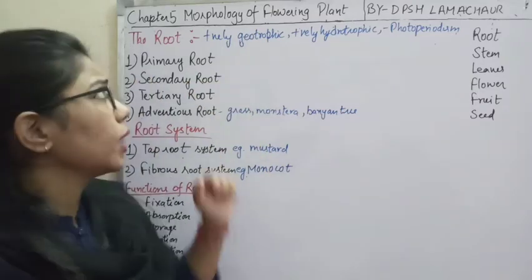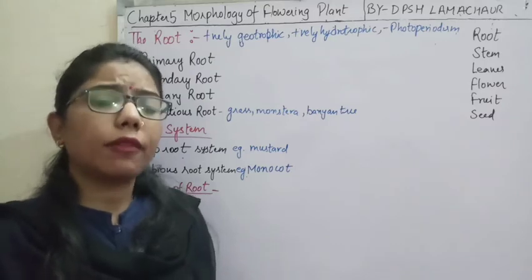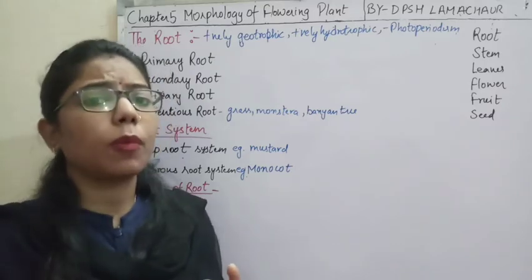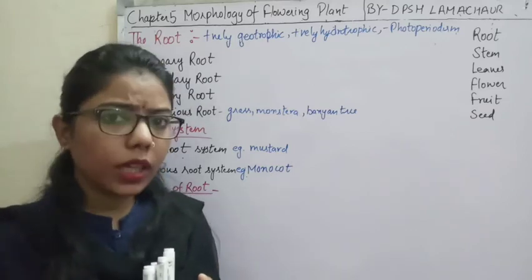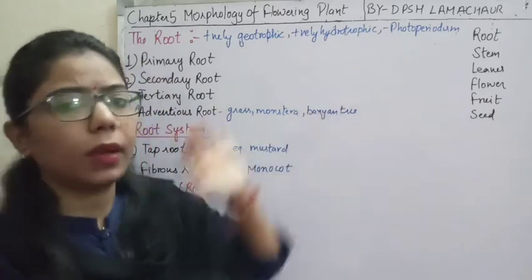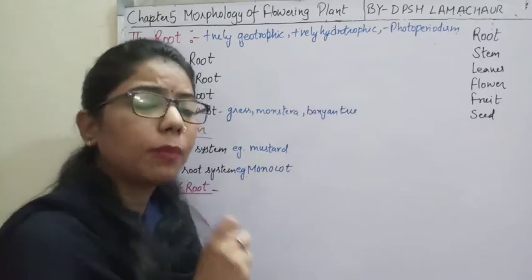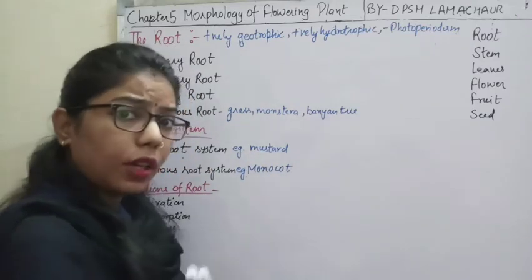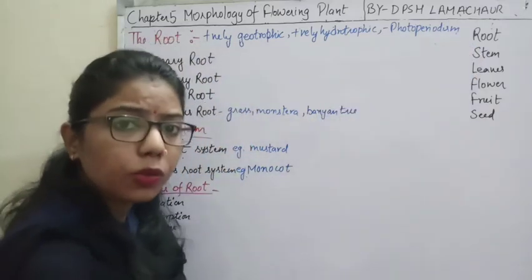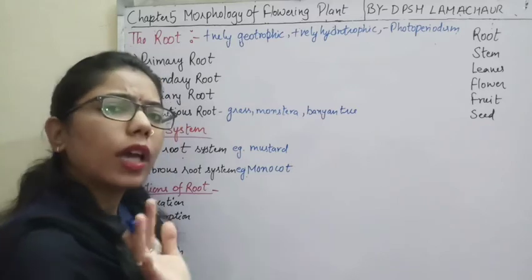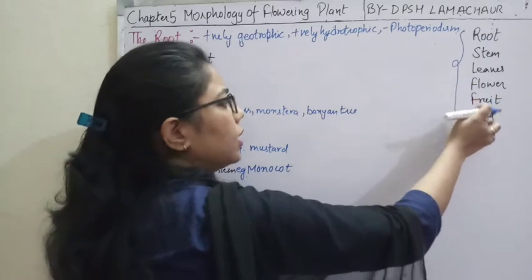For example, there are different parts of the plant. We all know that any plant has a proper root, stem, then leaves, flower, fruit and seed. This is all about the flowering plants, and that is what we have to study in this chapter, because by the external appearance we can discuss what the root will be, the different types of roots, and some modifications. So everything about root, stem, leaf, flower, fruit and seed.